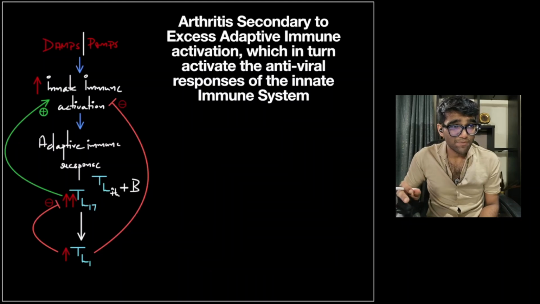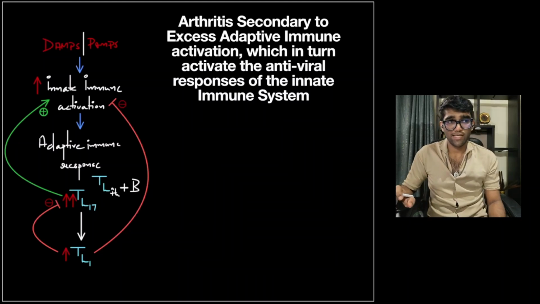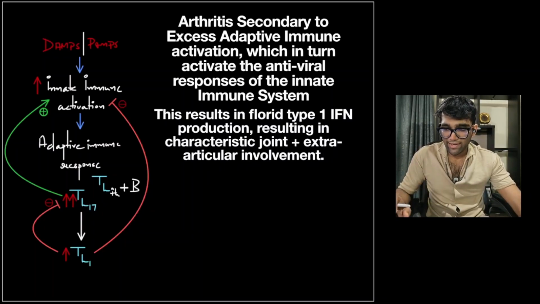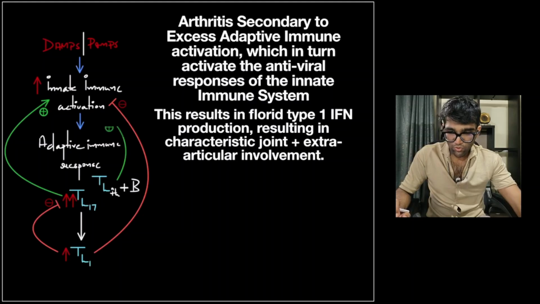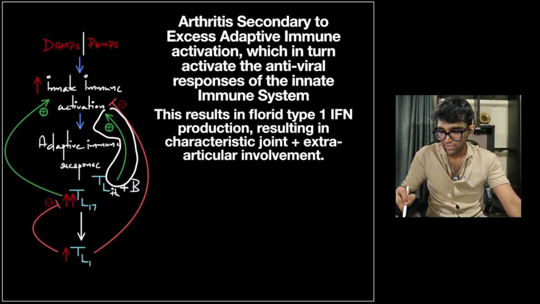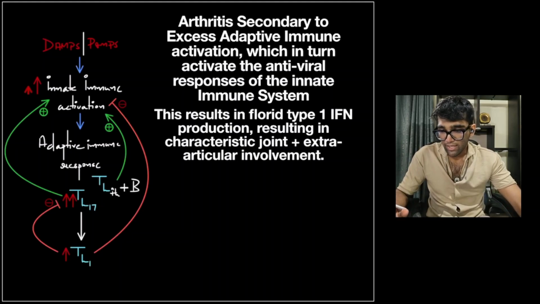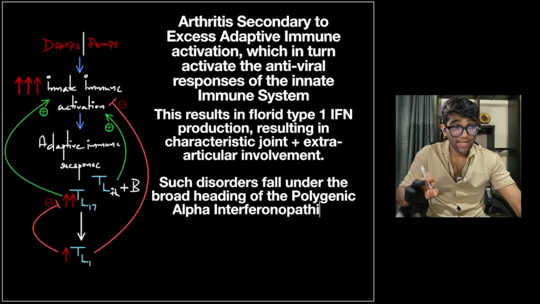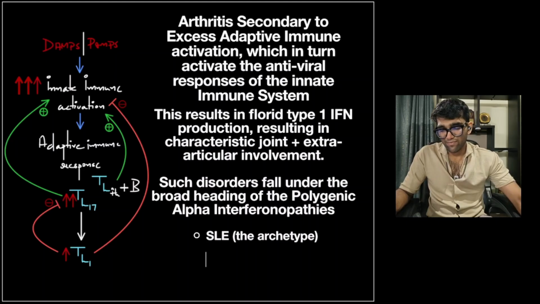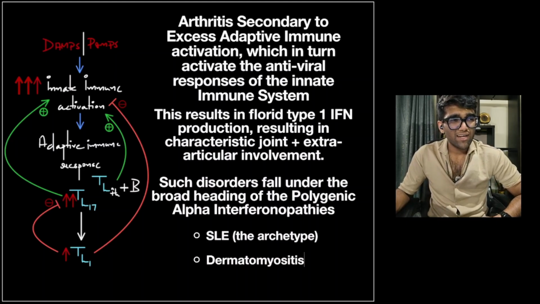Depending on what cell is producing this type 1 interferon signature, these disorders can be divided into further categories. So again, what are they? This is the positive feedback that develops, because the antibody itself is inducing excessive innate immune activation. Now it would be SLE, that is systemic lupus erythematosus, dermatomyositis, and primary Sjogren's syndrome. Here SLE is the archetype, but actually the differences between these disorders are to do with the fact